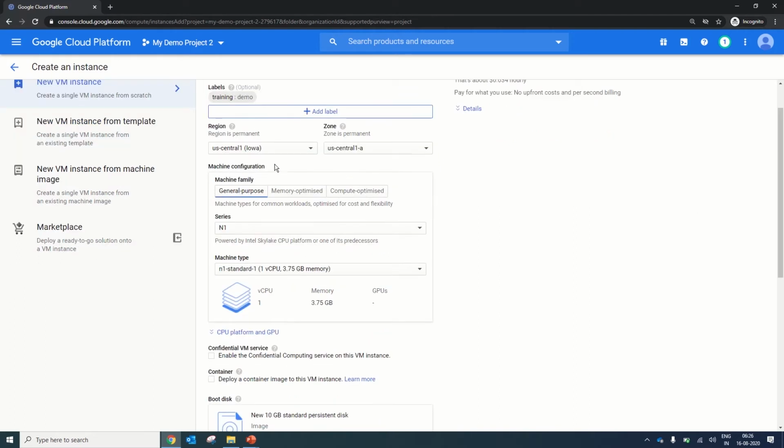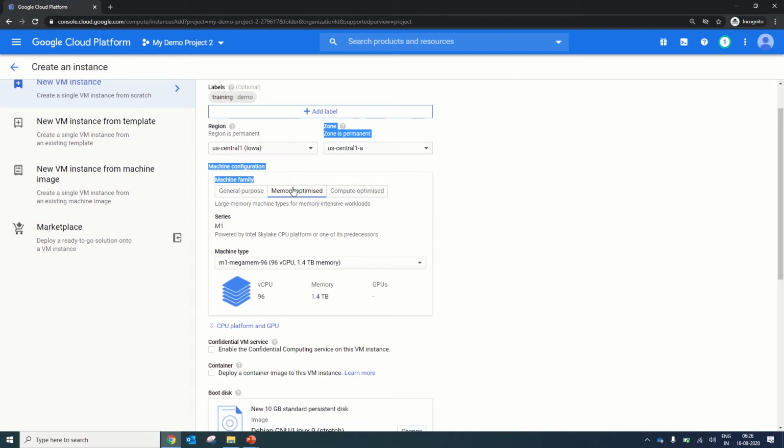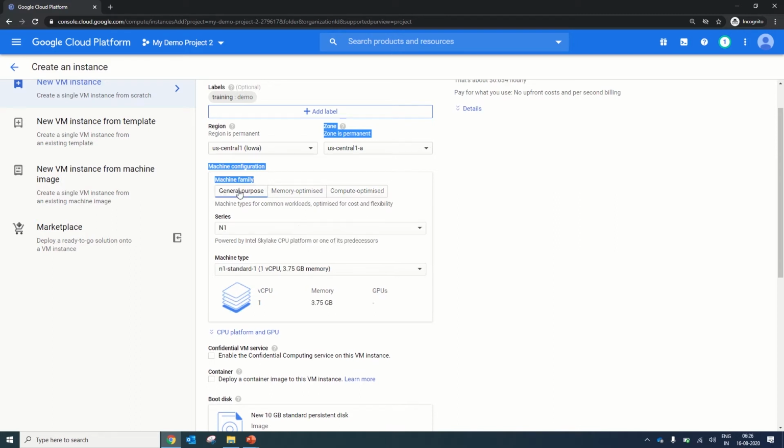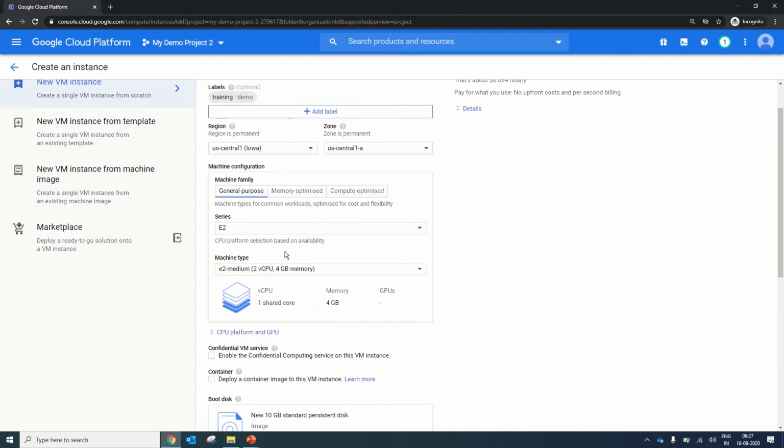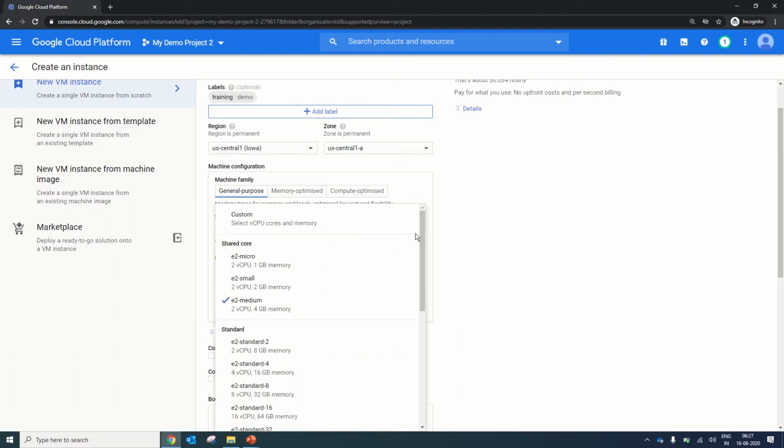Now, next is machine configuration. We have discussed that there is a list of machine configurations available in GCP in our previous sessions. Now you can see the general purpose, memory optimized and compute optimized. Three types of machines are available. We will go with the general one, and in general one you have an E category, N2 category and N2D category. For any of that you can select like E2 and now you have E2 machine options available.